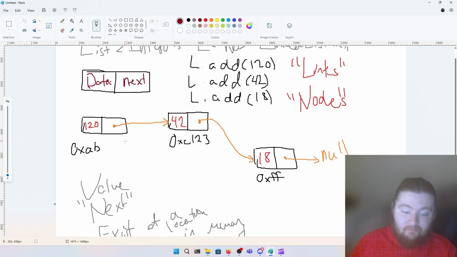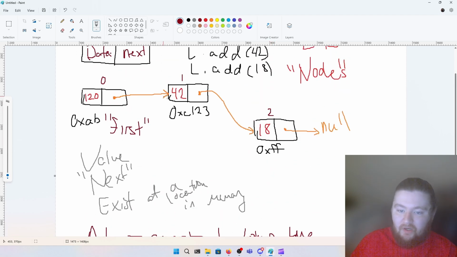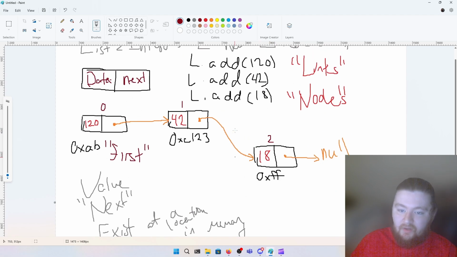Or actually, let me think. So let's use this terminology. We have the first thing in the list, which is this thing. Then we're going to follow its links. So we're going to go from 0. This would be at index 0, this would be at index 1, then this would be at index 2. Okay? So the only way you can get from one element to the next is to follow these links through